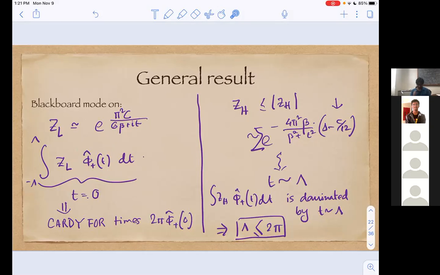Sorry, I'm a little confused. Lambda was the cutoff that we were picking, right? What does it mean that lambda is less than or equal to 2 pi? Oh, it means I have to pick the cutoff in a way so that lambda is less than 2 pi. Only for lambda less than 2 pi is the contribution from the heavy states suppressed compared to the contribution coming from the light states. I see, self-consistency. Yes, the point is, if lambda is not less than 2 pi, then again the error term spoils your calculation.